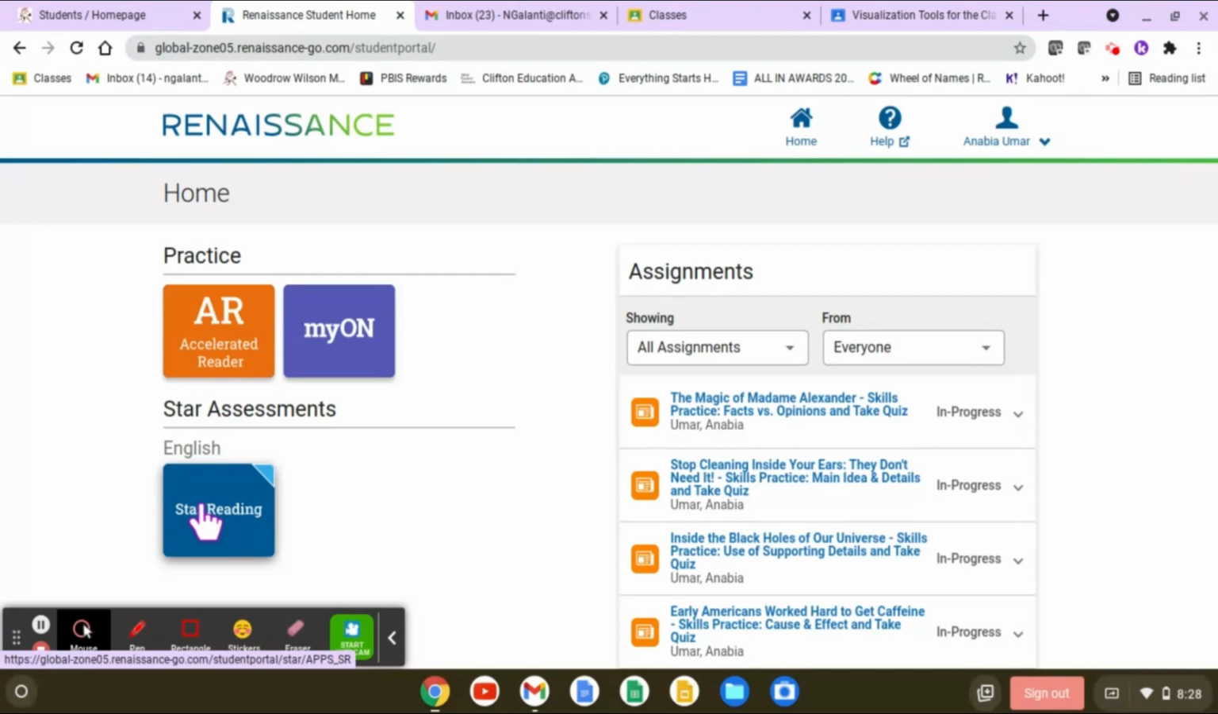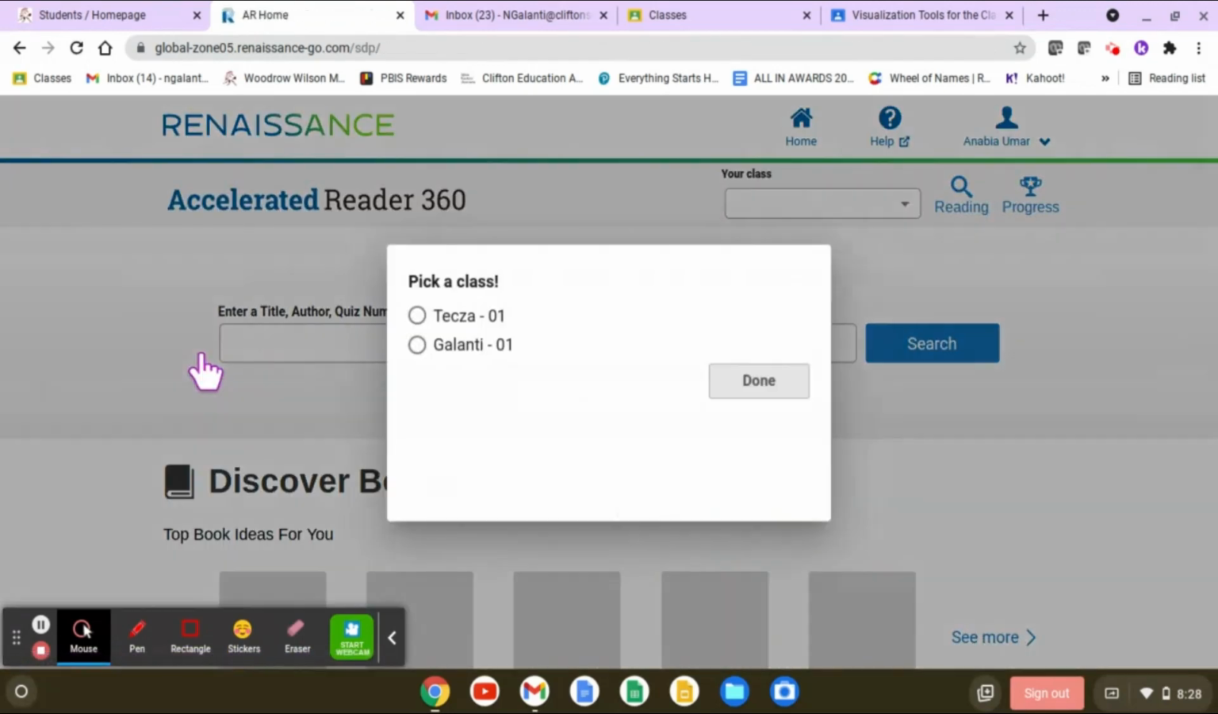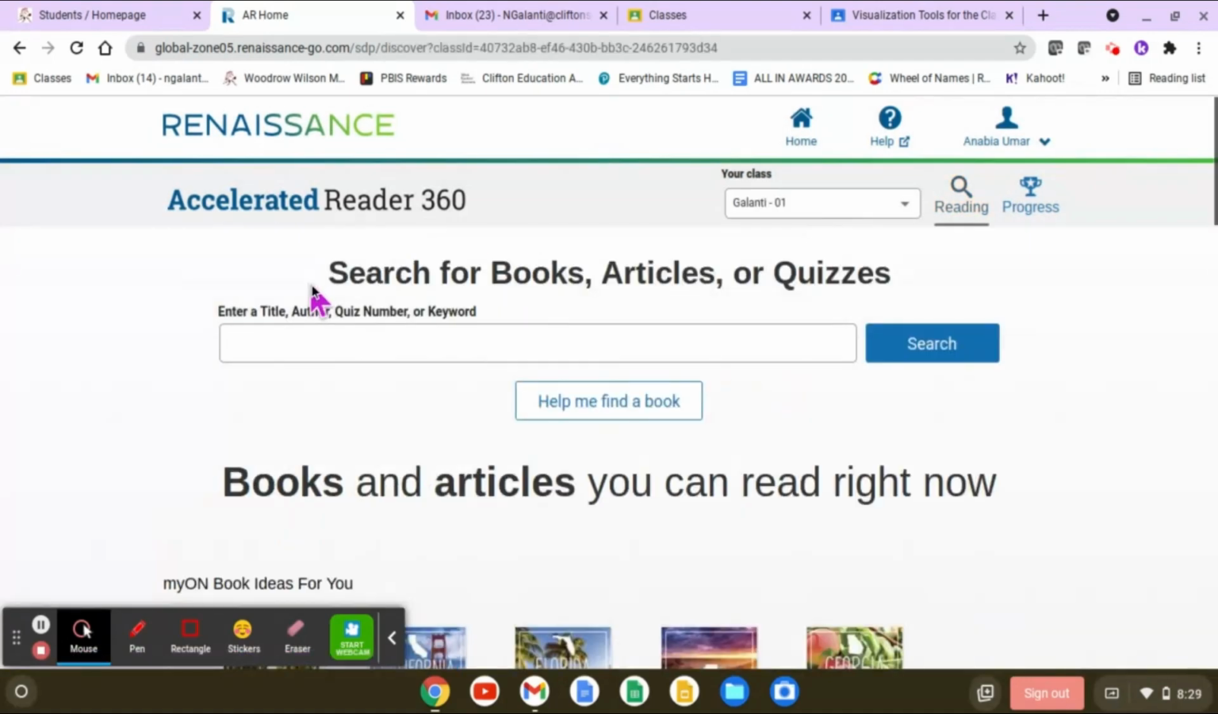Each month, you're required to read one novel in your reading level, and I take you down to the Media Center so you can check out a book. Once you get your book, you've read your book, you would go to Accelerated Reader, the orange tab. It'll give you a list of your teachers. You can choose Galante. And then there are multiple ways to search for the book. You can search by author last name,